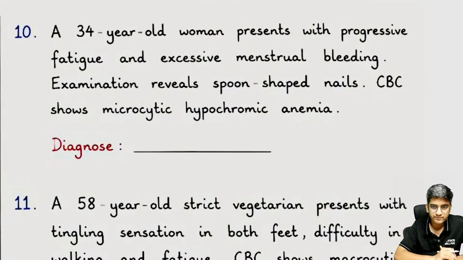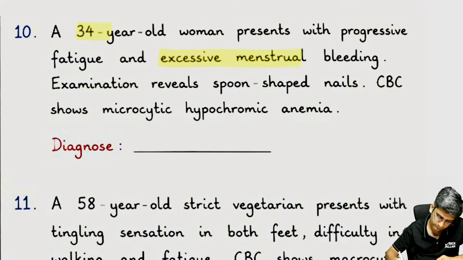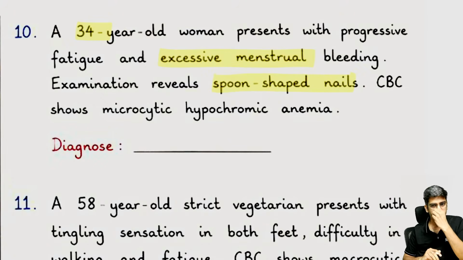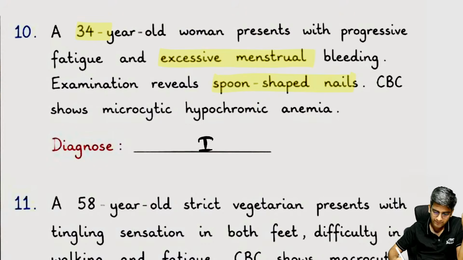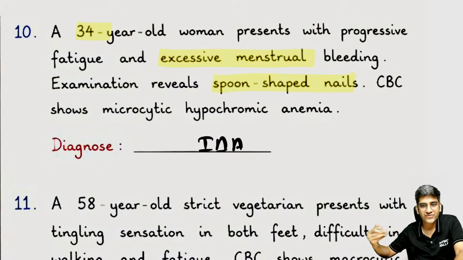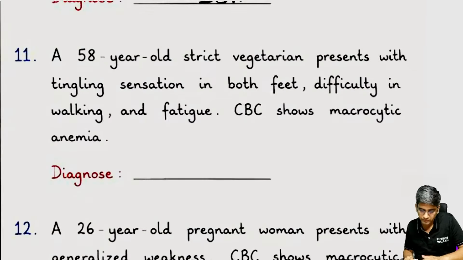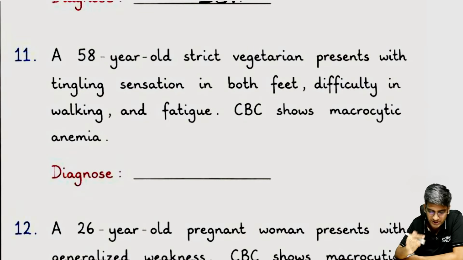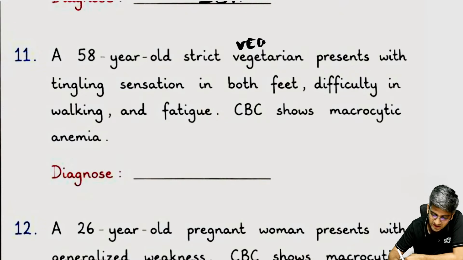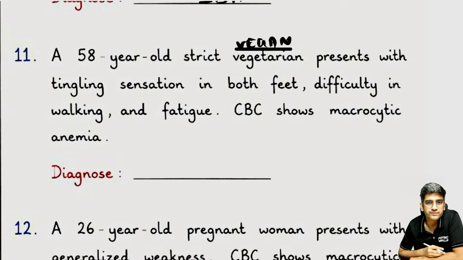What's the answer? Diagnosis. Actually, I can pinpoint here, though I need an iron profile to diagnose, the most probable diagnosis here will be IDA, right? Koilonychia is very, very classical, which is diagnostic of an iron deficiency anemia, though I would need an iron profile to confirm it. Fine. Though not a great question, this should have been vegan, because vegetarian food does not increase the risk.